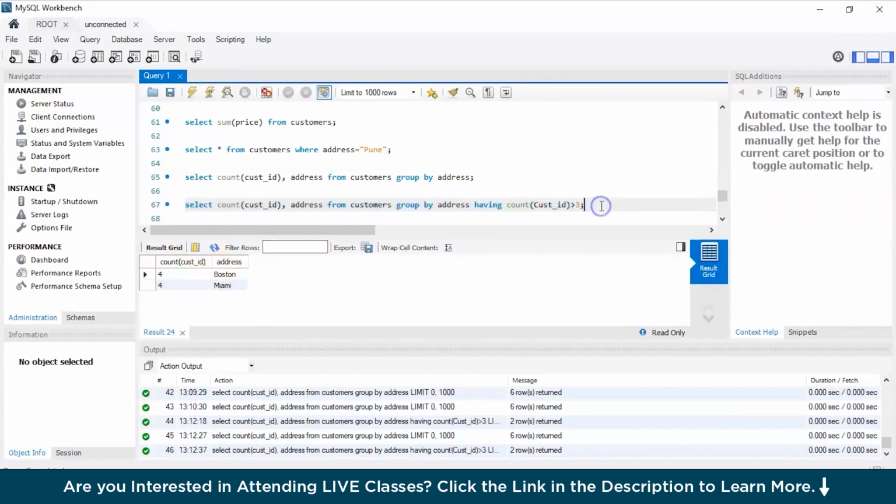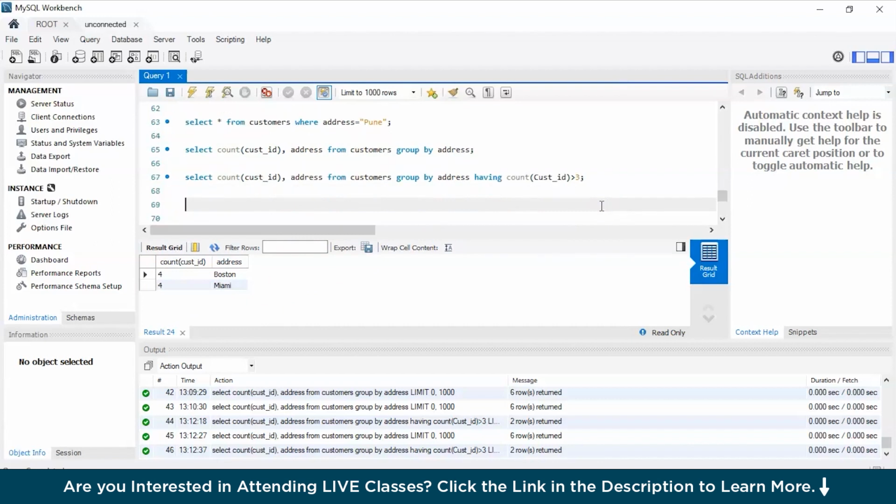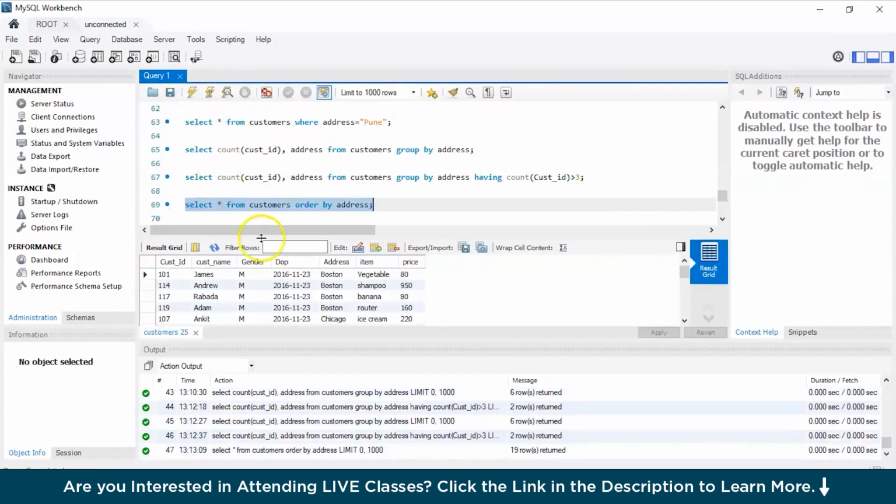Now we'll see another command, that is order by. Select star from table name, that is customers, and we will order this output by address, semicolon. We have got the output with respect to the address. The address has been ordered